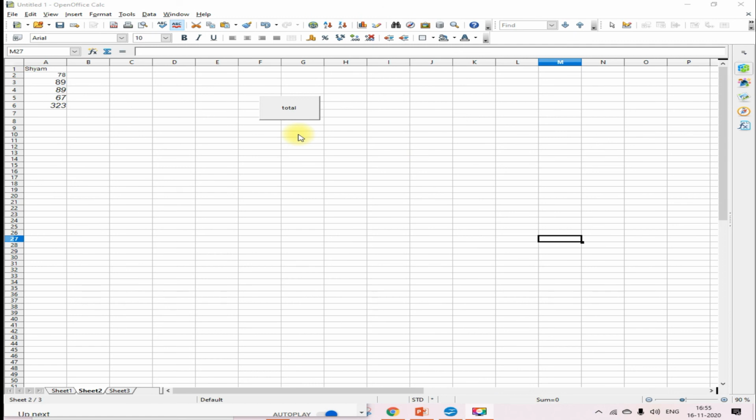So when you're pressing this total, so when you're getting this total button, just click to see the changes you're doing. Just change the numbers over here. You will go on getting the total. Let's say you have deleted the total. Just see here, when you'll click over here, you will get the total marks.